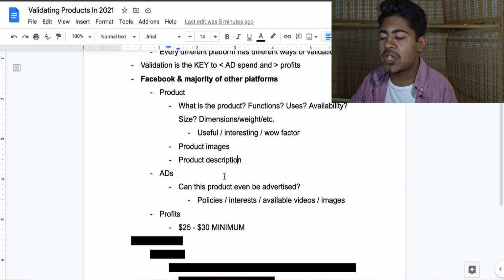But this brings me to the actual ad, and the number one question you want to ask, which a lot of people actually fail to ask themselves, is: can this product even be advertised? A very simple question, but 99% of the people don't even ask themselves this question, and they get ready with all of the ads, all of the text and all sorts of stuff,